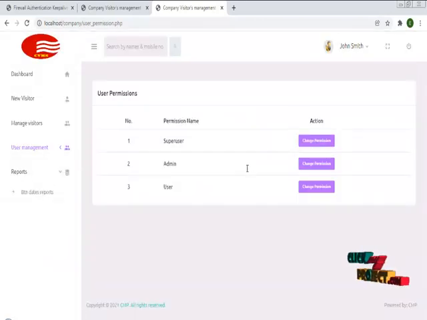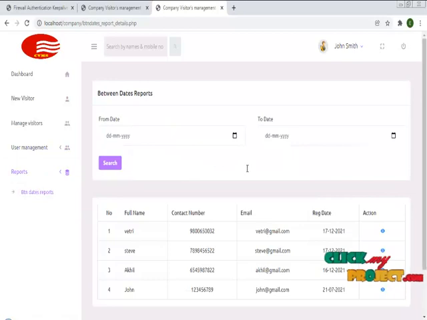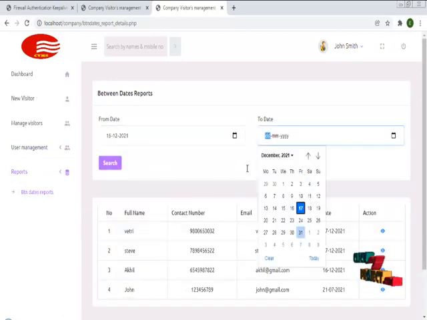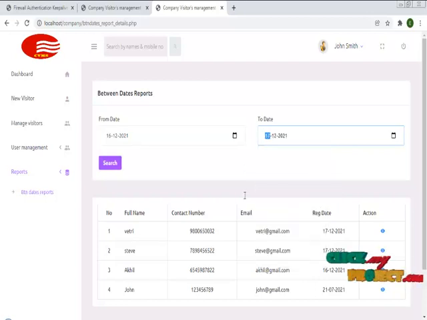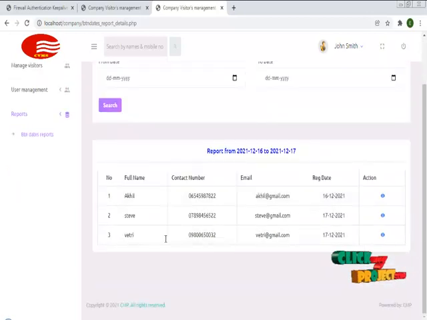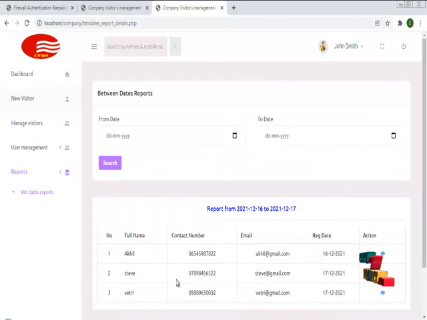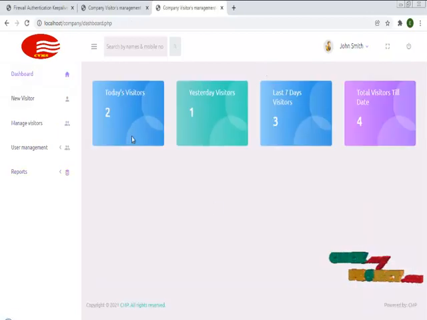And in reports, we can check the report based on the dates. I have checked the date between yesterday's date and today's date, and in that 3 members are newly visited. I have checked into dashboard. Today's visitor is 2, yesterday's visitor is 3, last 7 days visitor is 3, and I am going to log